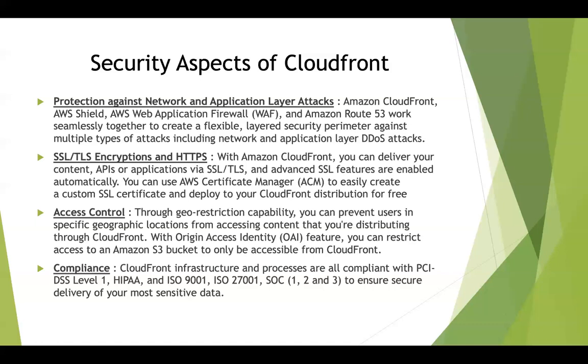Okay. And also with another property of CloudFront, which is called Origin Access Identity or OAI feature, you can restrict access to an S3 bucket to only be accessed from CloudFront. So suppose I have an S3 bucket created, right, and I have a lot of people accessing this S3 bucket, and in front of this S3 bucket, I have placed a CloudFront distribution. Now I will redirect all the users to access only that CloudFront distribution, not the S3 bucket directly. And CloudFront in turn will talk to the S3 bucket using an access identity, and then the content will be delivered back to CloudFront, then from CloudFront to the end users.